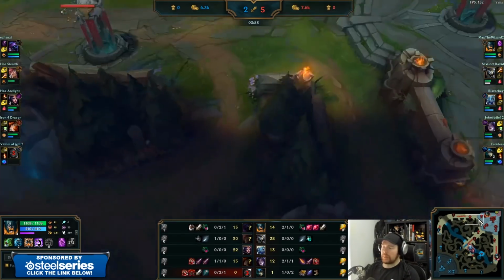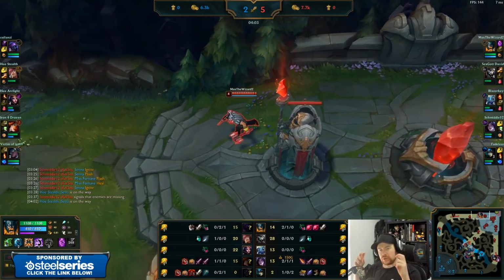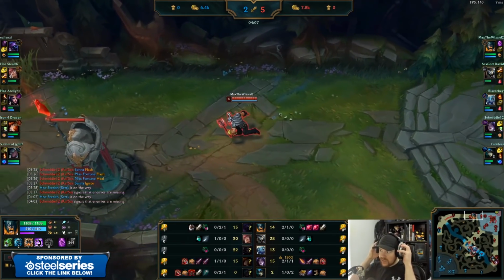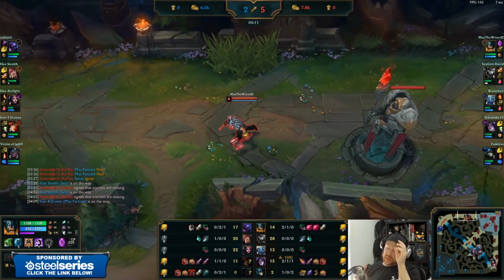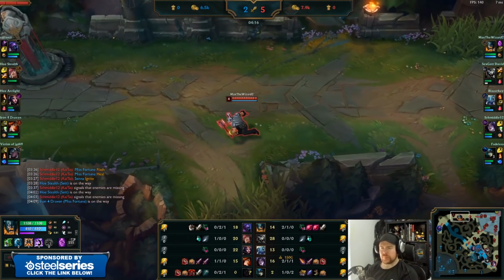Senna's dead again. I was saying before all that happened, I know Senna's technically good, I just personally don't see them. They just die all the time. And it's like, huh? But anyway, now continuing in lane phase. Item build wise, two Ruby Crystals picked up for the Olaf, which...